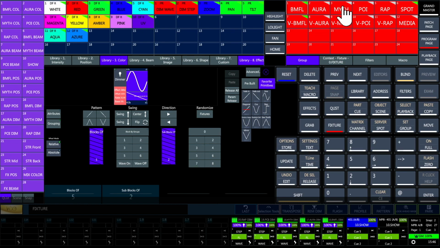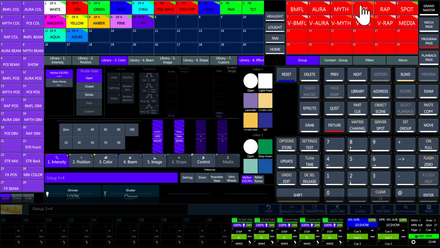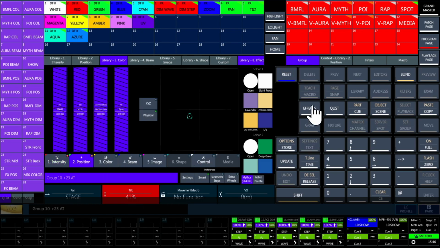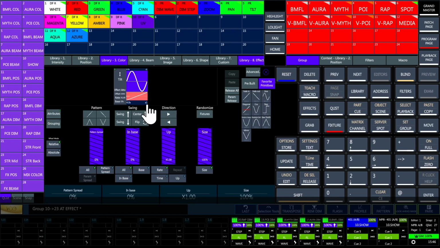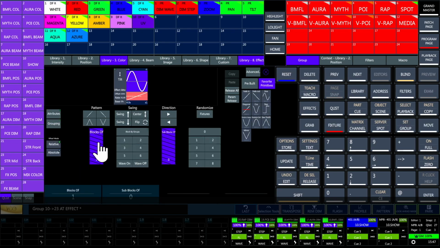Now select 2 or more groups of moving fixtures. Activate the tilt parameter and enter the effect engine. Assign a primitive to start the effect and go to the Grouping tab. By tapping Block by Groups button, the block's division of the fixtures will be automatically applied to the selection following